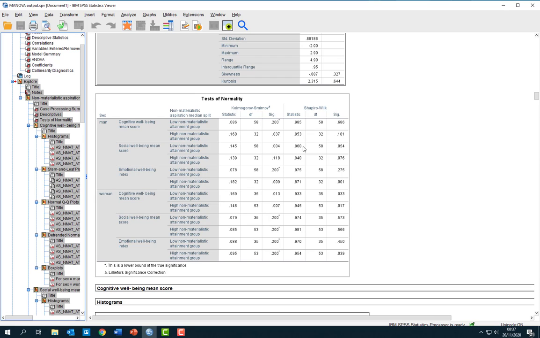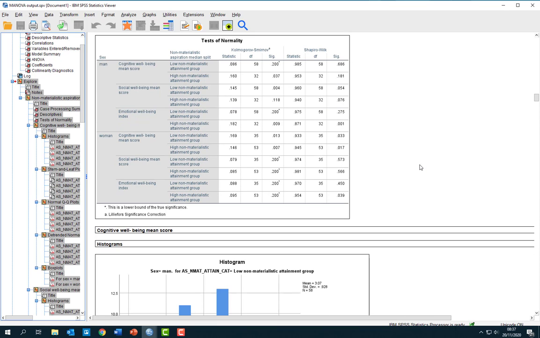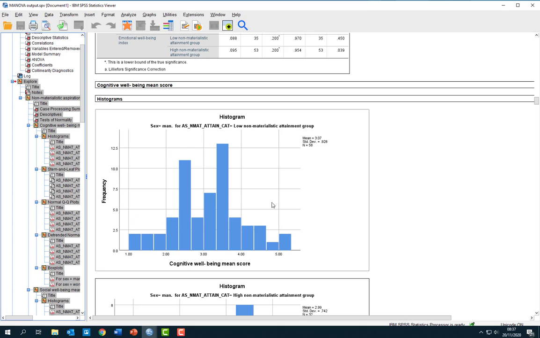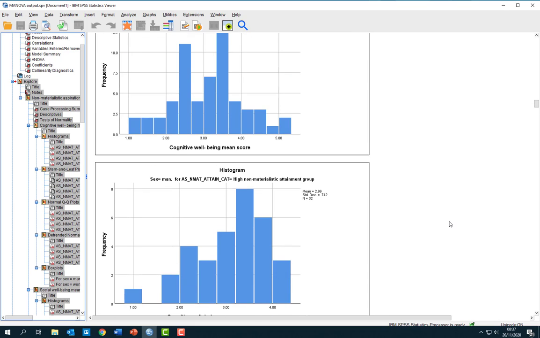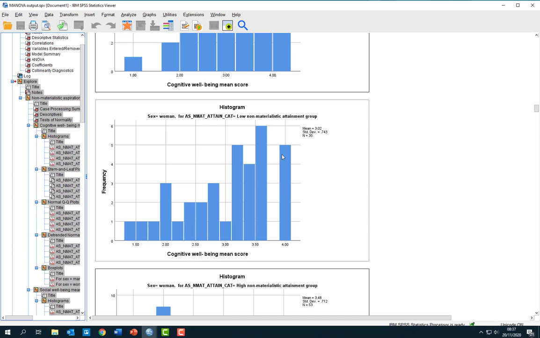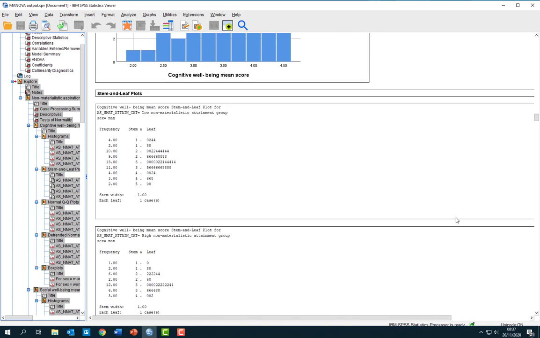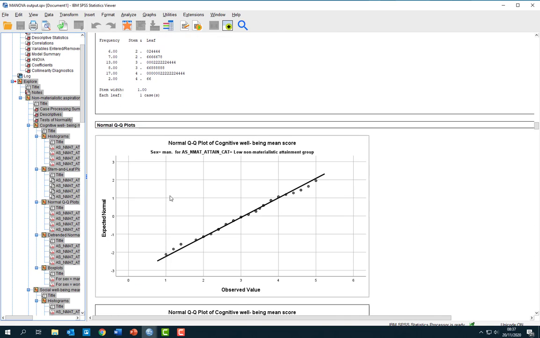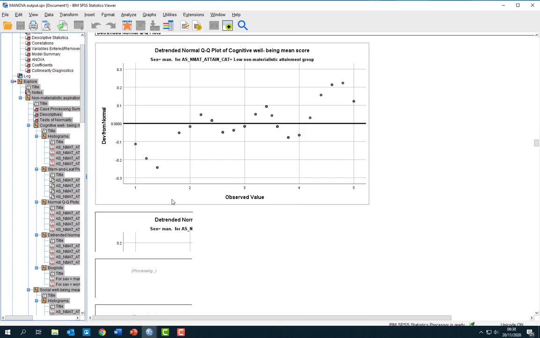What we have to decide is whether these are moderate violations or really quite substantial violations, which would mean taking a different approach to the data analysis. So we'll look at the first one, which is the evidence suggests it's not too concerning, and again, it's not perfectly normal, but it's got a roughly normal distribution. There's nothing too concerning there. Okay, this is starting to get less normal, and that one. And if we just scroll through,